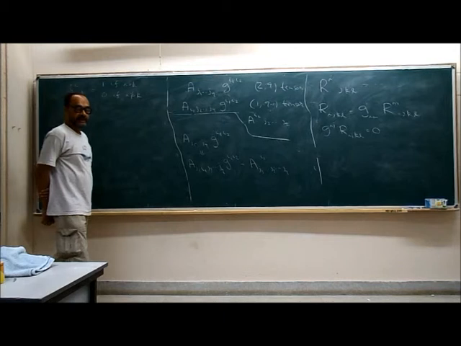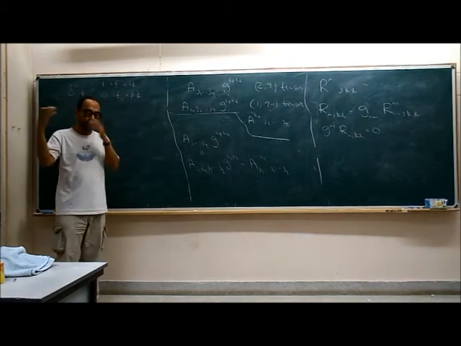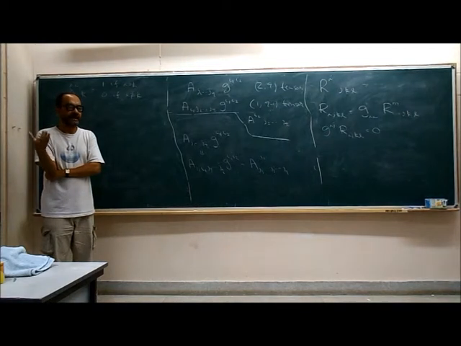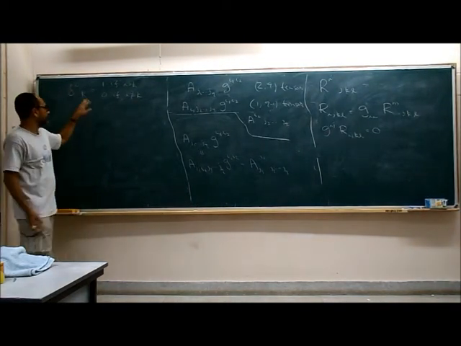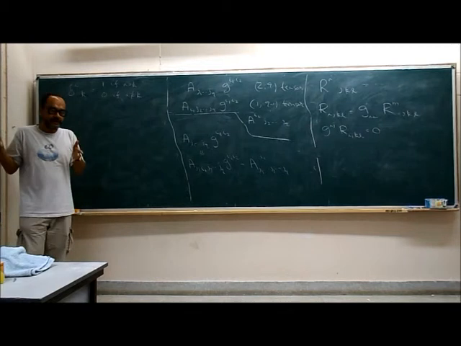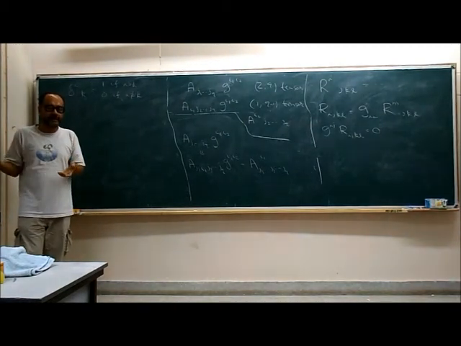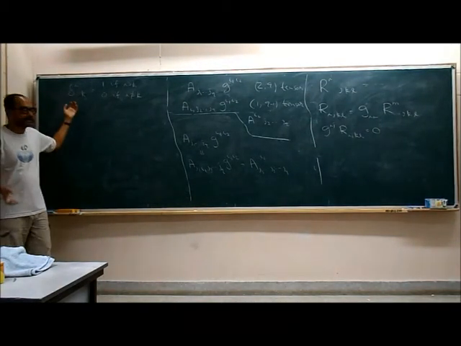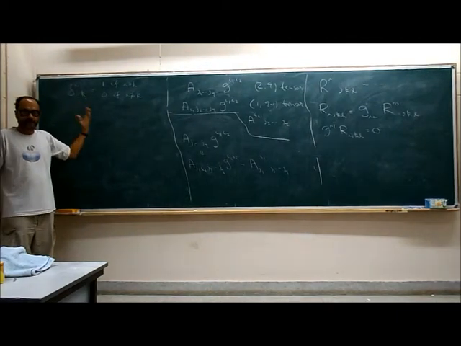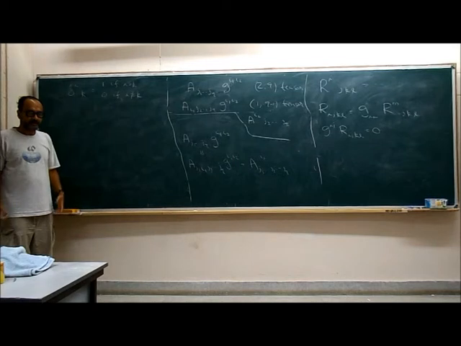Now, first of all, this looks a little strange because so far you have introduced tensors which are obtained from the metric and its derivatives. This doesn't contain the metric or its derivative. But a constant function is still a function. Tensors are supposed to be functions of the metric and its derivative. This happens to be a constant function, it doesn't depend on the metric at all. So it is a special case of some function of the metric.